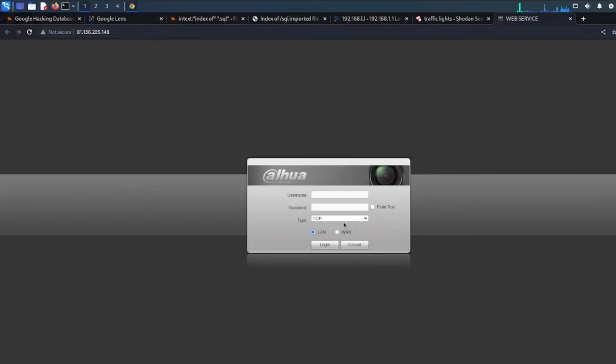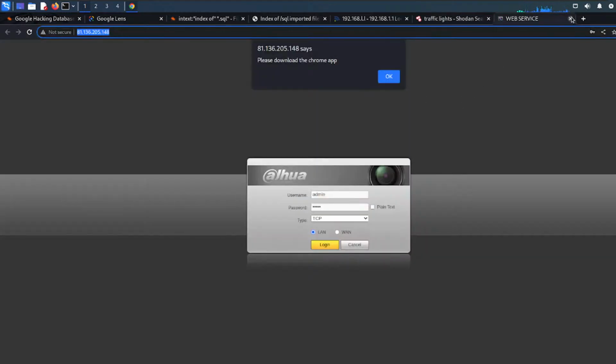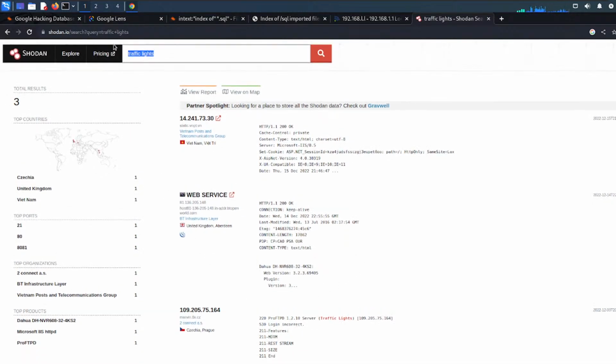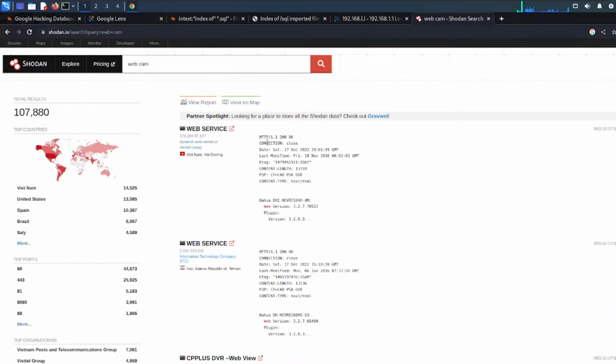I don't want to download anything. You can just go with the default name. Let me try this. This will not work. Of course, you have to do some things. No, I don't want to download anything. Of course not. And you also shouldn't download anything from the network. You can go with web services, webcam. We can search over Shodan.io. So these are the Internet of Things you can see. So if I open this,